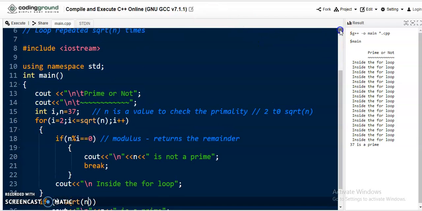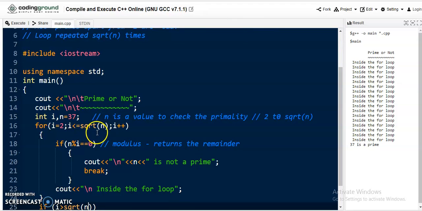So when I execute it, I'm going to repeat only square root of n times. Actually, when I use n by 2, the loop is executed this many times to find that 37 is prime. Maybe when the prime number's n value is somewhat high, the number of executions also increases. So when I try to execute this program,